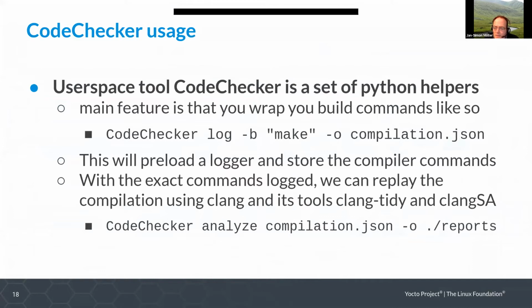Once it's compiled, you have this code checker wrapper. And first you basically call log, and then your compilation call will make for a whole project. What will this do? So this will preload a little library that will basically just log the compiler commands. And then in the analyze call, they can be replayed, and we can apply